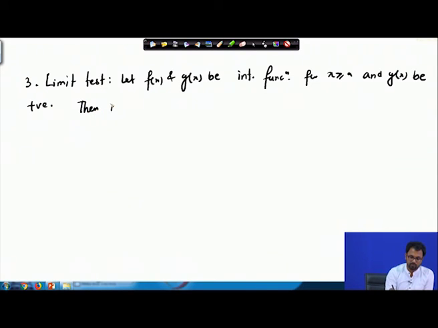Then if the limit as x goes to infinity of f(x) by g(x) equals lambda, which is not equal to 0,